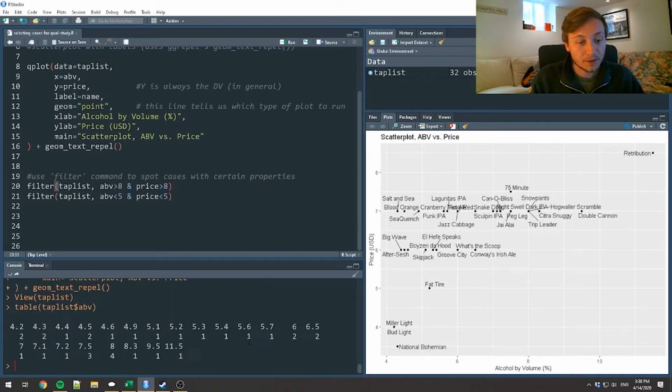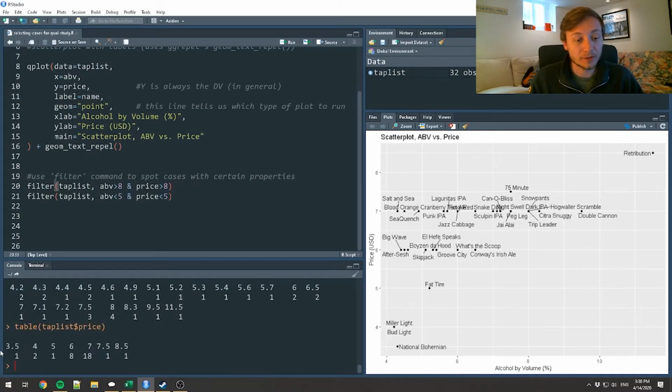ABV. Once you've created a table like this and you're able to see the range of your data here, right? We go from 4 all the way to 11. We know the price as well. It ranges from about $3.50 to $8.50 in this variable. We might be able to start thinking about what about cases at the high and at the low, respectively, levels here. So for example, we can use the filter command to select among the beers in tap list